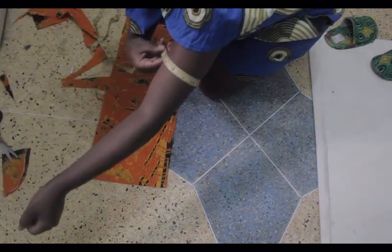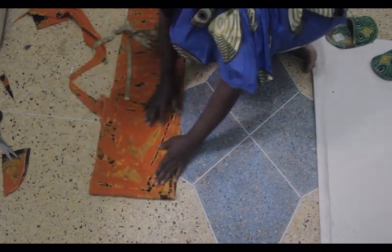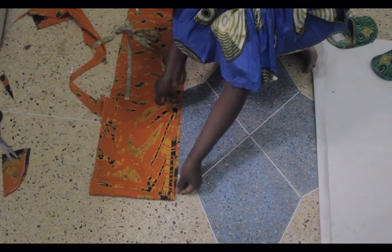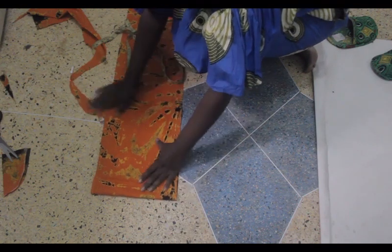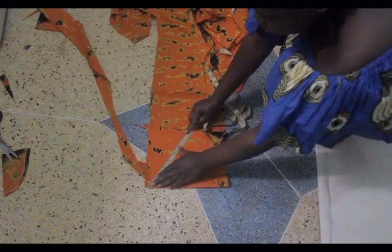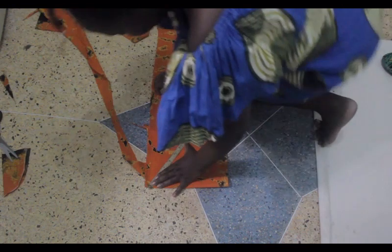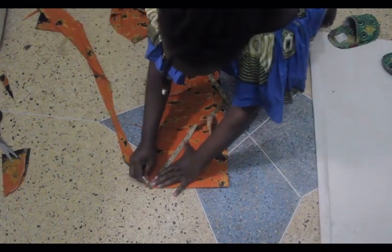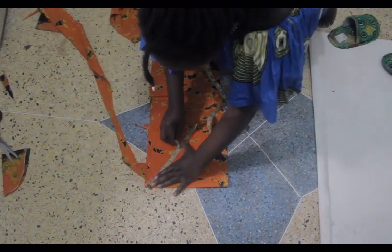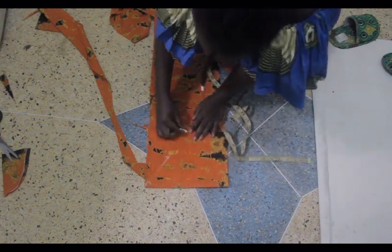So I'm going to be cutting the sleeve now. Just measured my arm to see how much fabric I'd need. And so I folded it at around 12 inches. And this is actually a shortcut to how I cut my sleeves. I don't recommend it, but my armhole is 8.5 inches, so the diagonal line you see